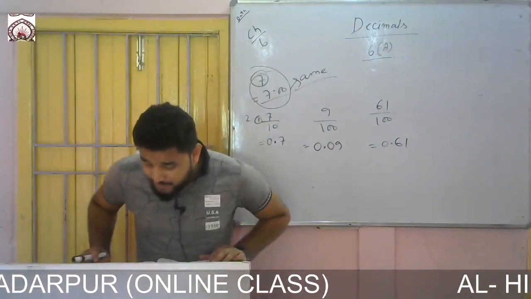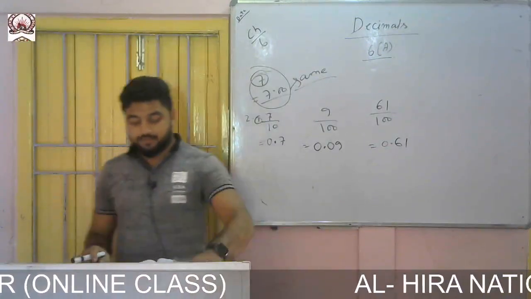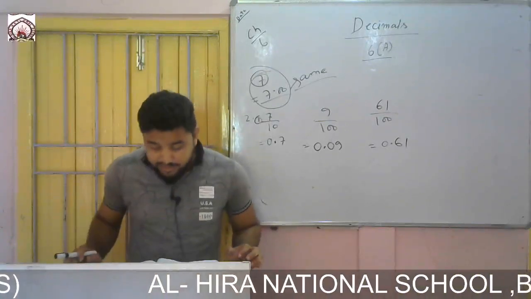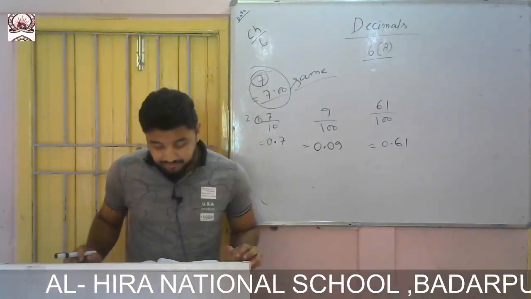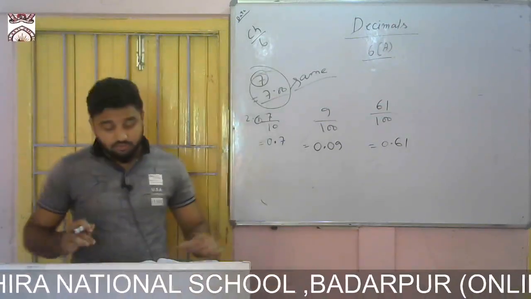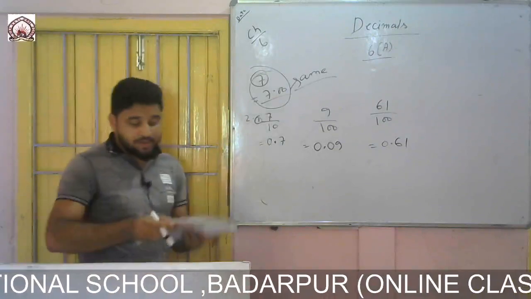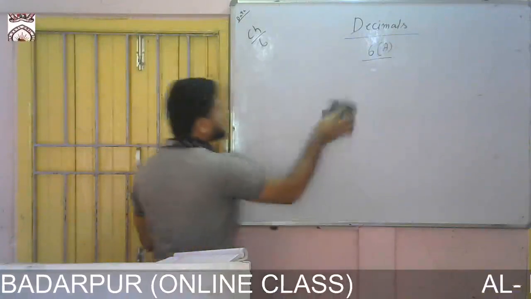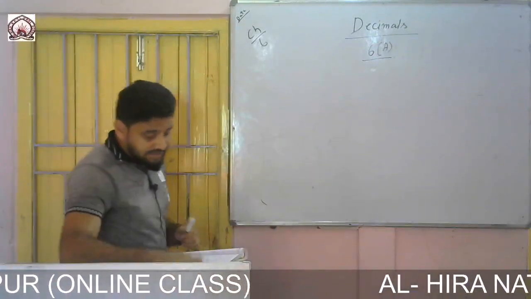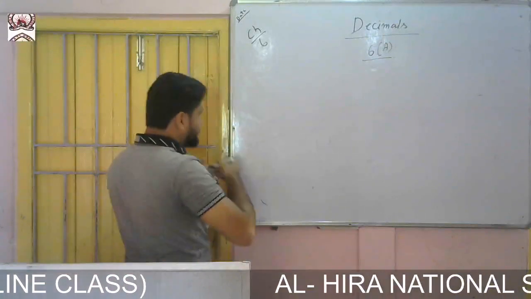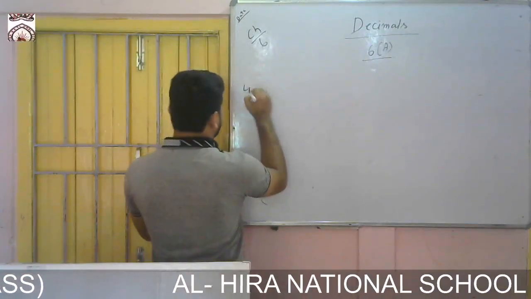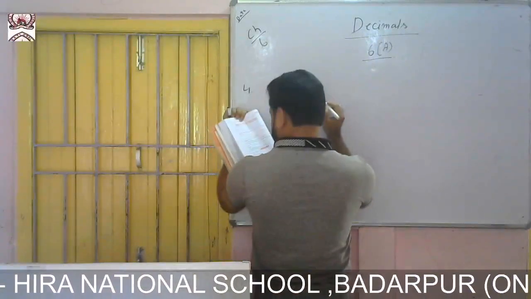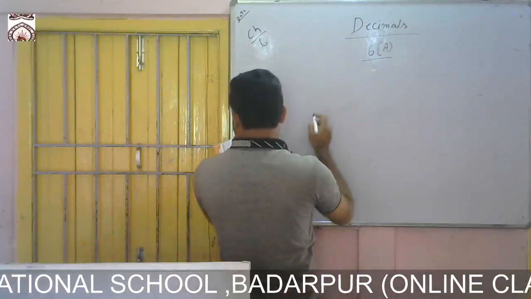Now draw the place value chart and write these numbers. That means you have to draw the place value chart and write the numbers. So here you see, let me draw the place value chart. See the place value chart, how to draw. You see it is there in page number 112, at the first question, example 2.